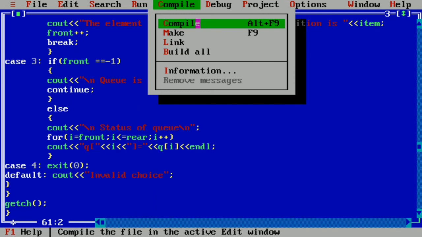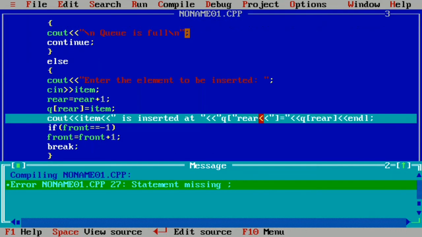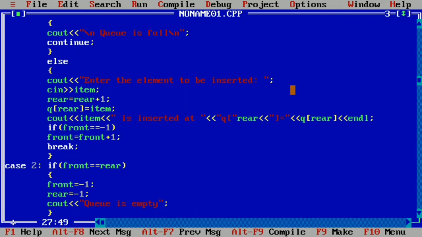Now let us compile this program. Click on compile. Here there are errors, just check it out. So it is double quotation mark, instead of writing here the double less than symbol, you can write directly something like this.